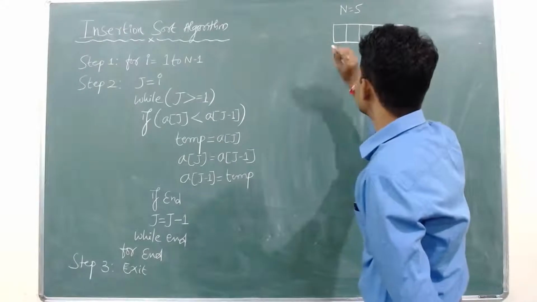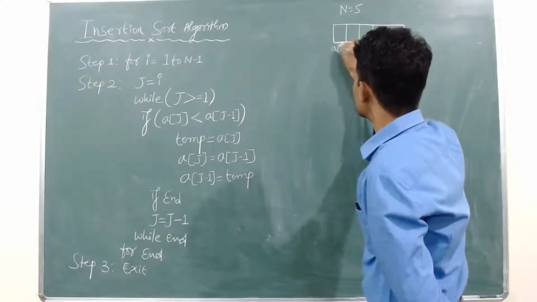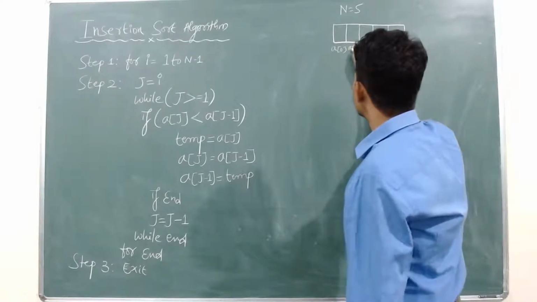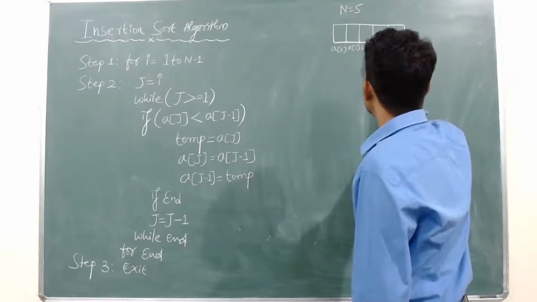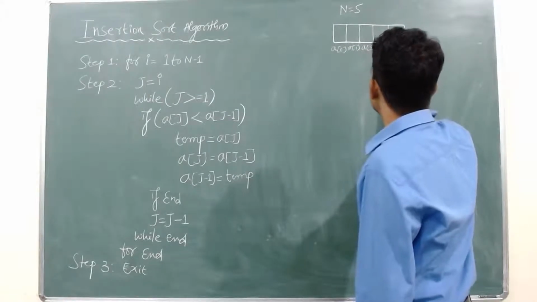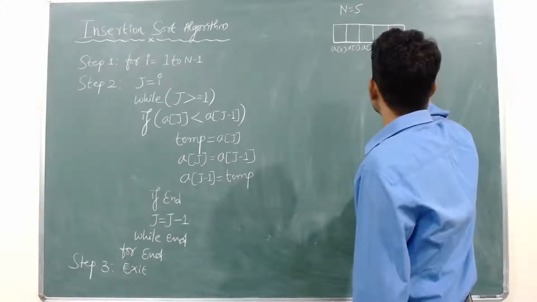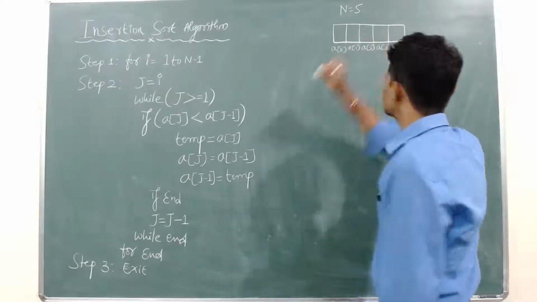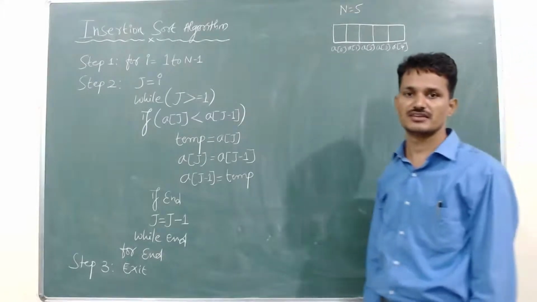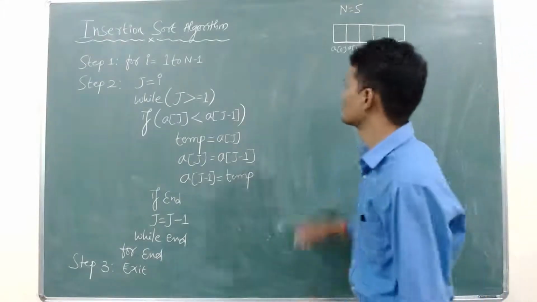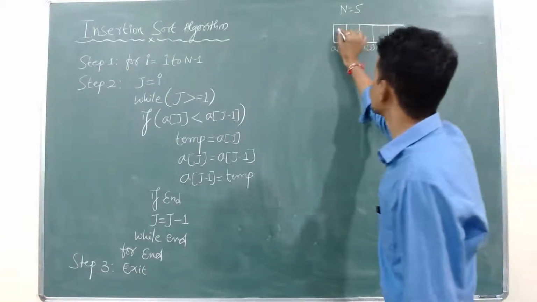The first box represents a of 0, second one a of 1, third one a of 2, fourth one a of 3, and the fifth one a of 4. These are the subscript positions which represent exactly where each element is stored. Now I'll give the elements as